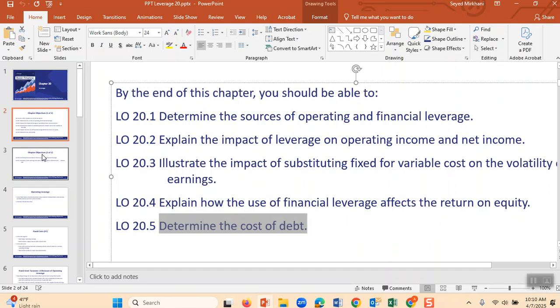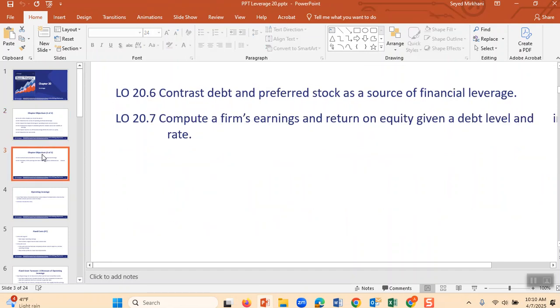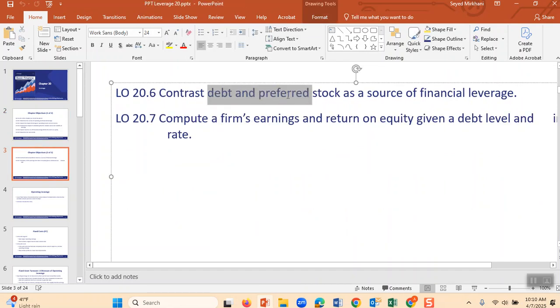Now we go to the next slide, on debt and preferred stocks. We talked about stocks, we talked about bonds. Preferred stocks are something between bonds and common stocks. Think about it: you have three ways of financing when you have a restaurant.